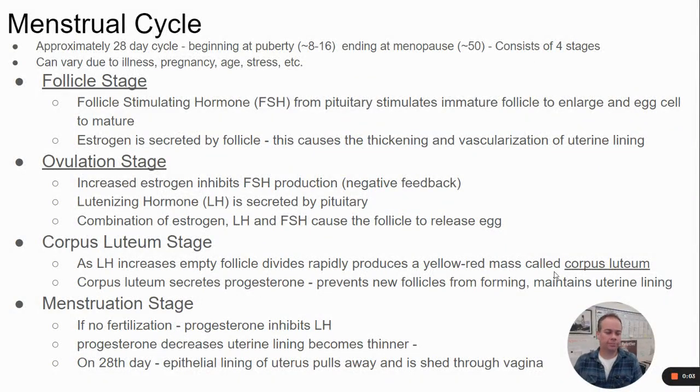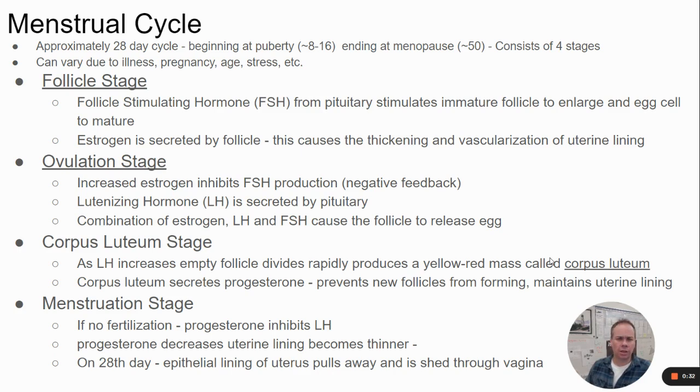Hey everybody, I'm just gonna go through a couple slides of notes regarding the menstrual cycle because that's the lab that you're going to be working on next. We previously talked in our notes about the male reproductive system, organs, and the function of those organs, and we also talked about the female reproductive system, the various organs and what they do.